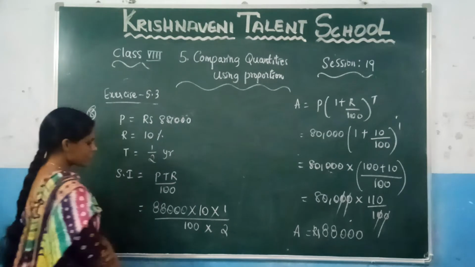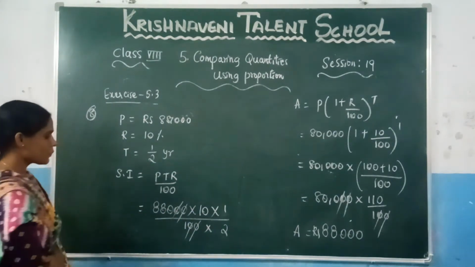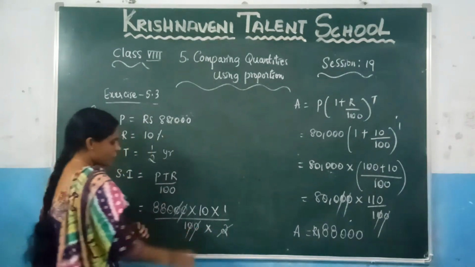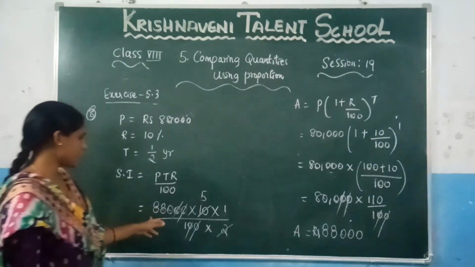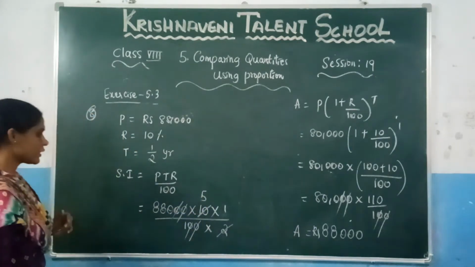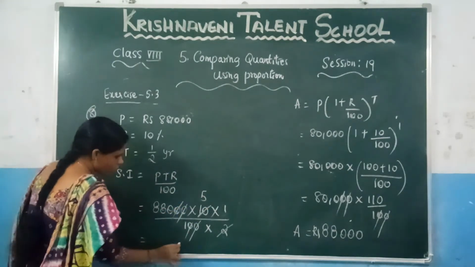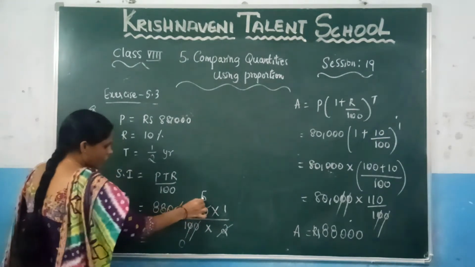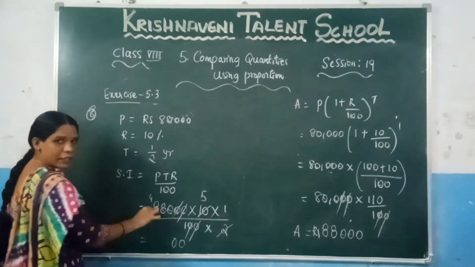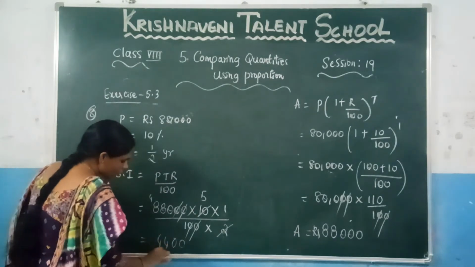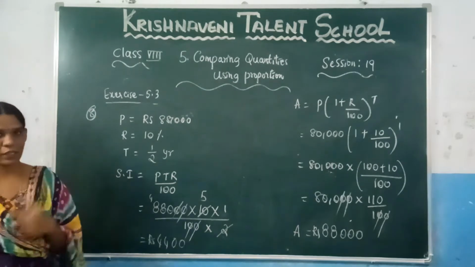So here, let us see, 0, 0 will get cancelled. Here 0, 0 will get cancelled. Now again in 2 table it will get cancelled, 2 ones, 2 fives. Now what is left out is 880 into 5. So let us do the simplification here. What you will get here? 5 into 0 gives you 0. 5 into 8, 40, 0, 4. 5 into 8, 40 plus 4, which is 44. So this is the simple interest you are getting here at the end of the 1 and a half year.